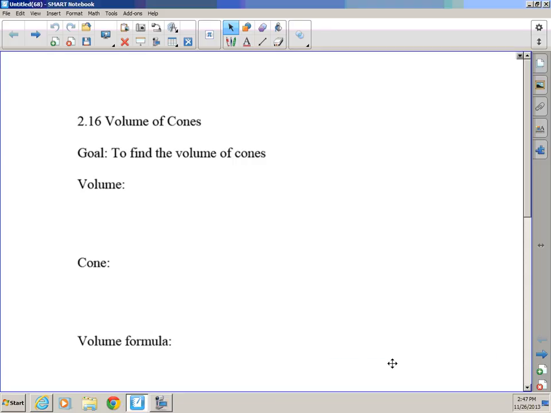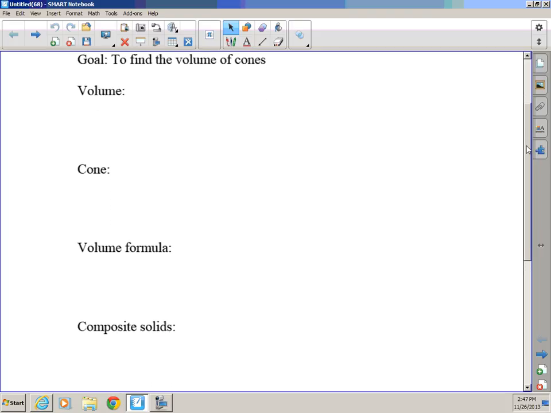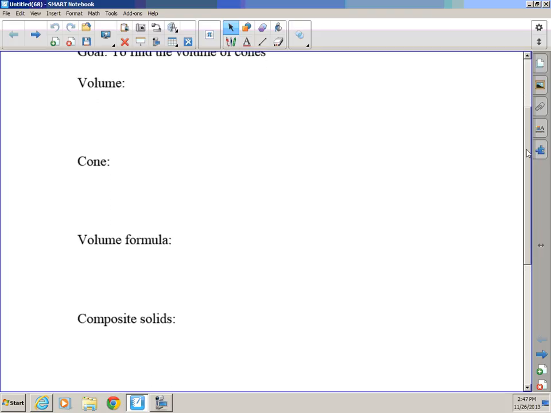Today's topic is a continuation of our couple of lessons that are going to be dealing with volume and volume computations. Yesterday we dealt with the cylinder. Today we're going to deal with cone. Okay. So first thing is, just to reiterate what we've talked about before, the concept of volume is the measure